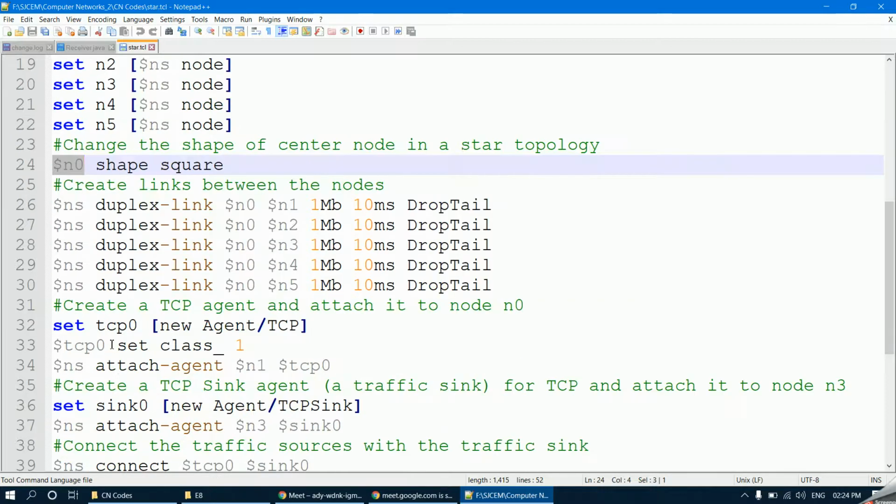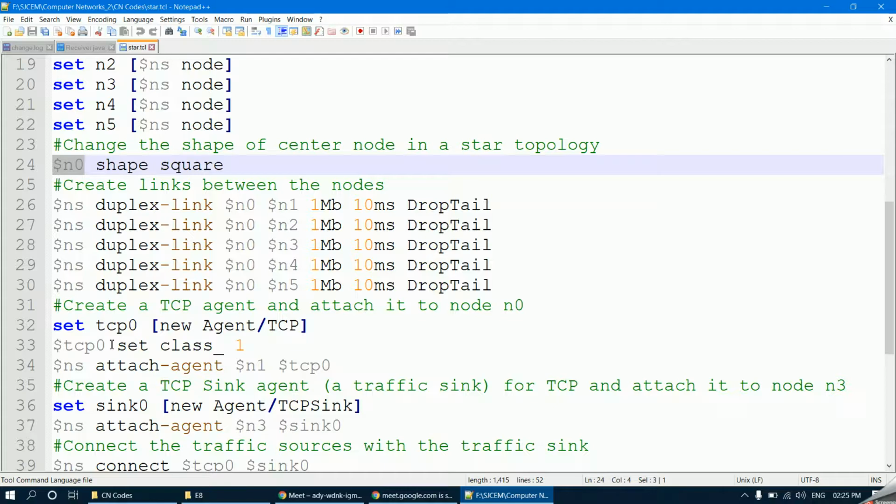Now, we all know we have to create the link between the nodes, isn't it? Nodes which are there have to be connected with each other. It can either be a simplex link, duplex link, full duplex or half duplex.